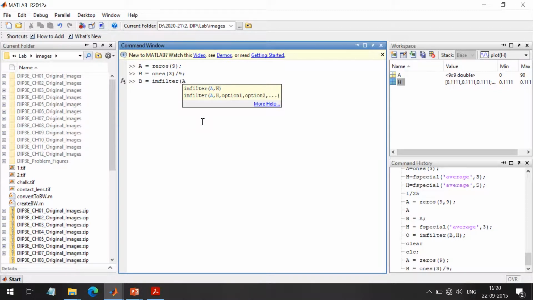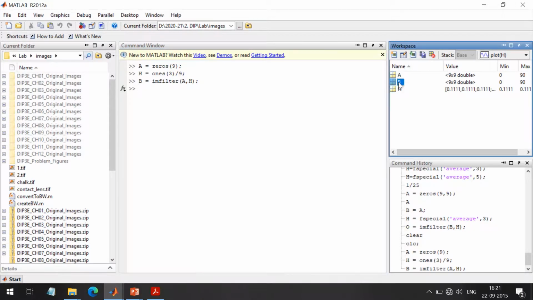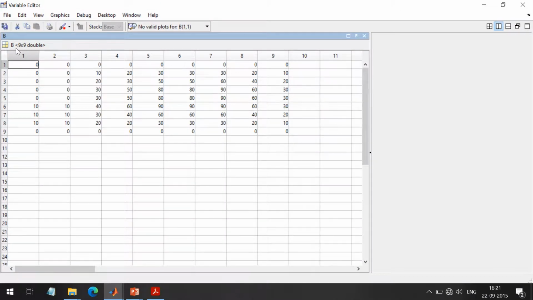We have to provide an image and the mask, and it will create an image for me. Now I can open the resultant matrix, known as B. Now you can see the result. Let me open A and B side by side.